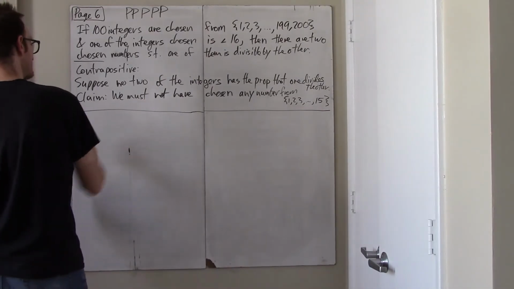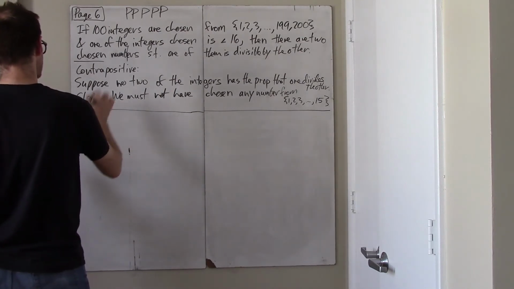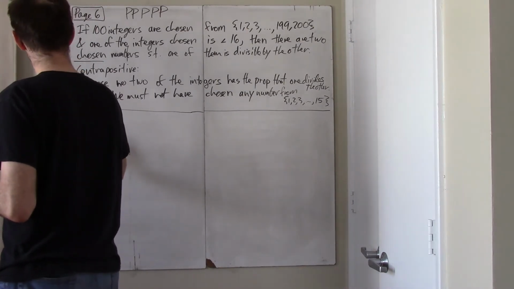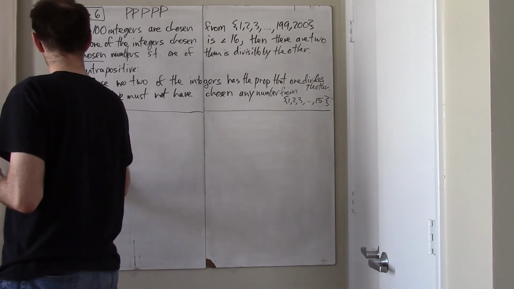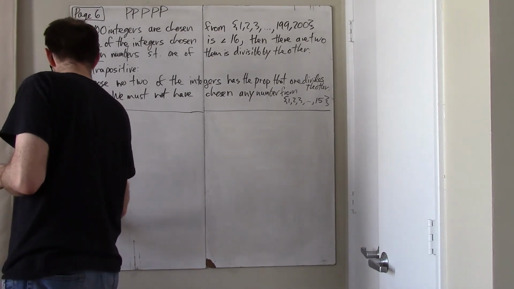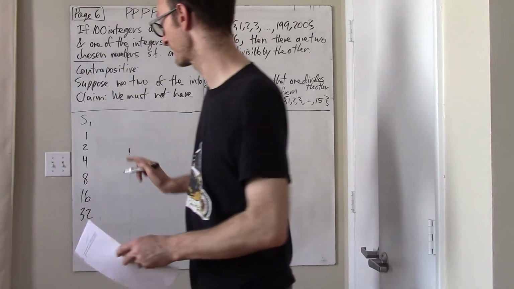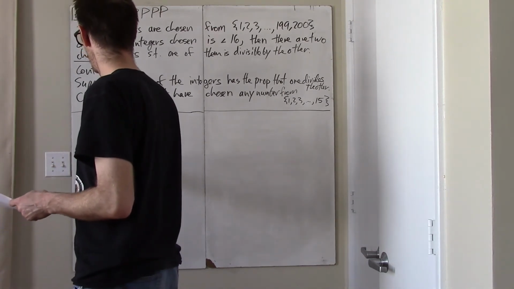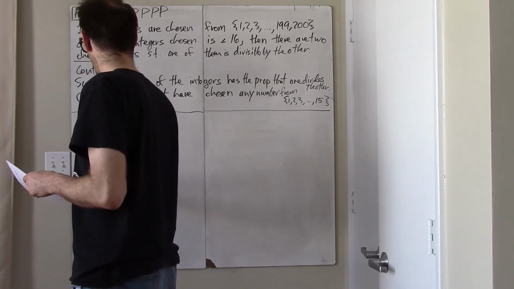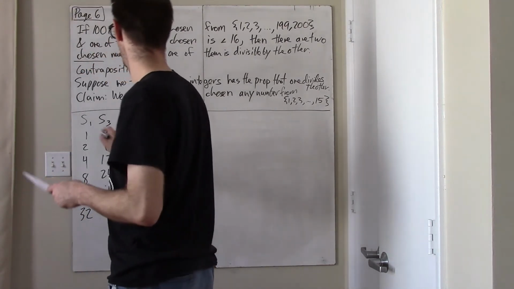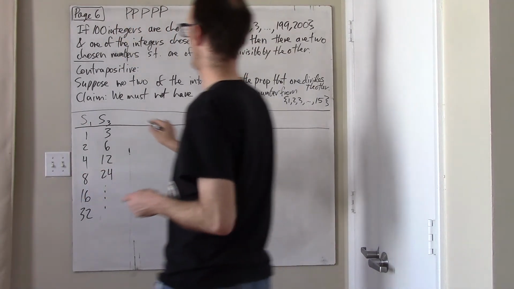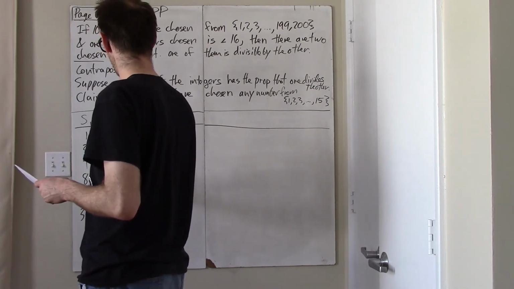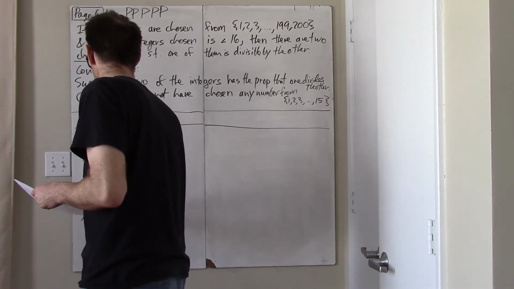So what we have are these kind of columns. This is how I initially thought about it, or sets. You have this set S1, and what is this set? It's 1, 2, 4, 8, 16, 32, etc. In other words, it's all the powers of 2. And then you have set S3. What is S3? It's 3, 6, 12, 24, etc. And here we go, we're just going to keep on doing this. Then you have set S5, which is 5, 10, 20, 40, I might need to go higher here, 48, 64,